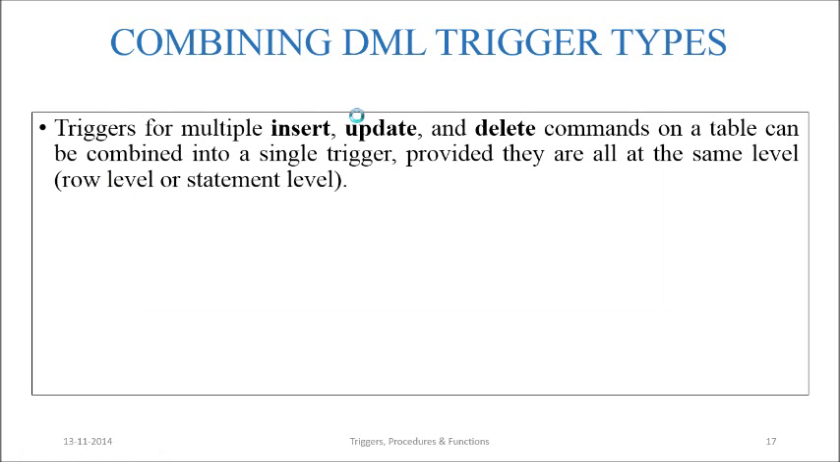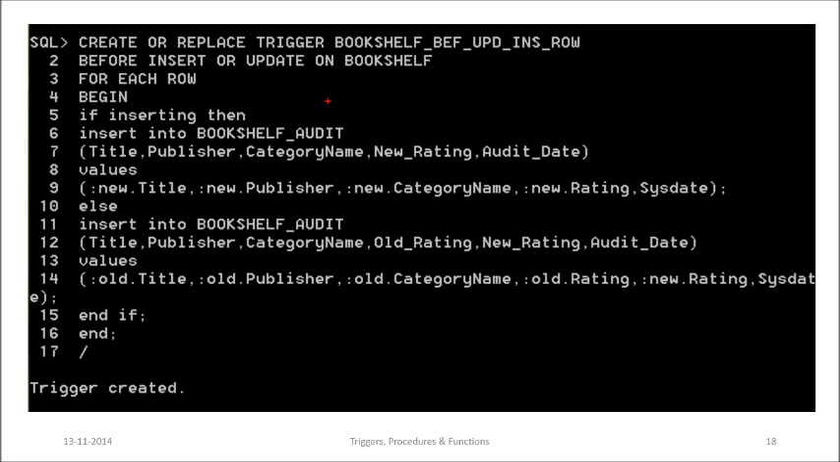Combining DML trigger types. So triggers for multiple insert, update and delete commands on the table can be combined into a single trigger, provided they are all at the same level, that is either row level or statement level. They must be at the same level. In this trigger, it is executed for two types of event, that is insert or update, and both are at the row level